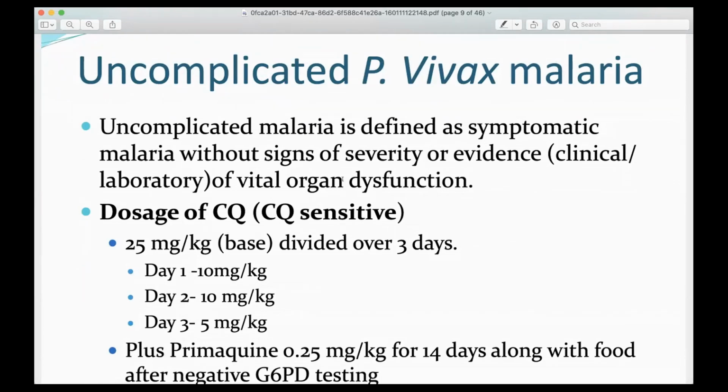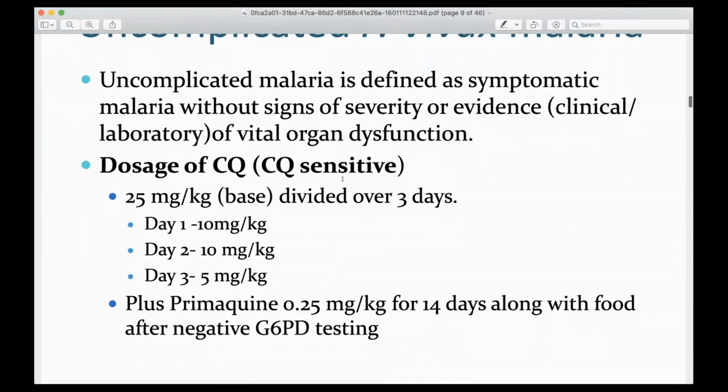So you can do this treatment on an OPD basis. The dose of chloroquine, you have to give 25 milligram per kg divided over 3 days. So first day you will give 10 milligram per kg, second day also 10 milligram per kg, and third day 5 milligram per kg. Plus you have to give primaquine 0.25 milligram per kg for 14 days along with food after negative